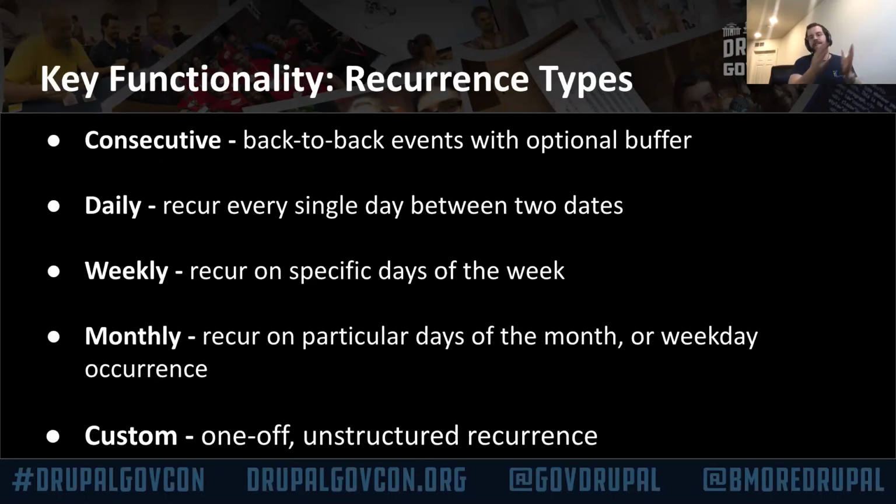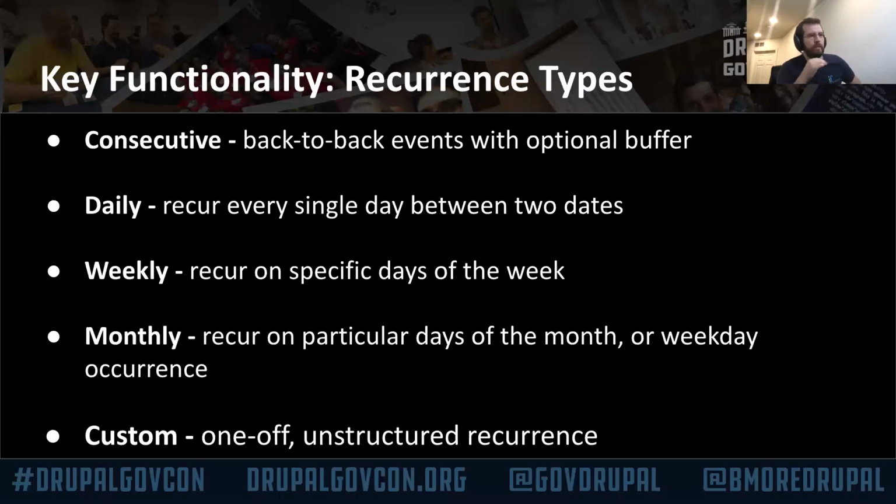So effectively every 30 minutes throughout the day, there will be an event. And those, you can do the buffer and the event length can be specified in seconds, minutes, hours. Don't think we do days because that doesn't quite make sense. But then we have daily. Daily is effectively a very simple way of just saying every day. It's the equivalent of a weekly event where every day of the week is checked. But with a weekly event, you have checkboxes for every day of the week, and you can specify on which day of the weeks will these events take place.